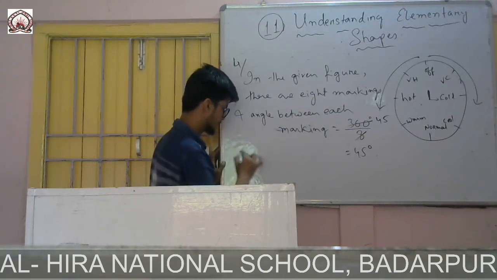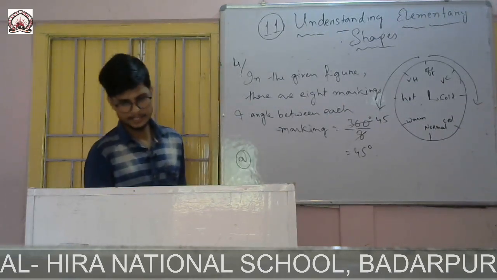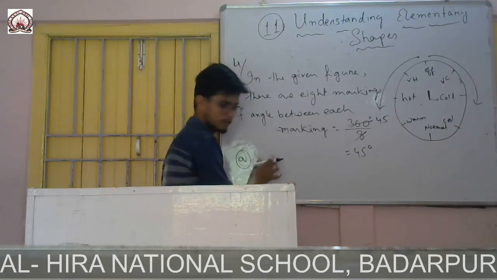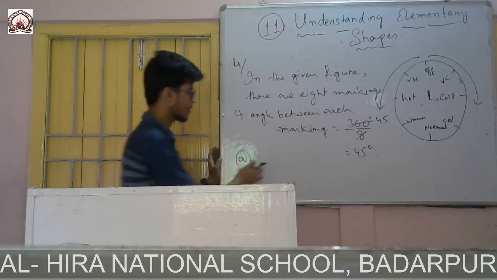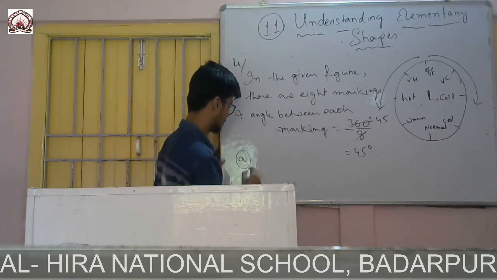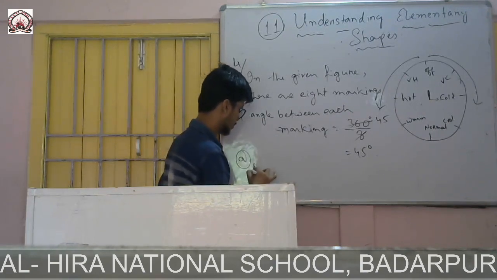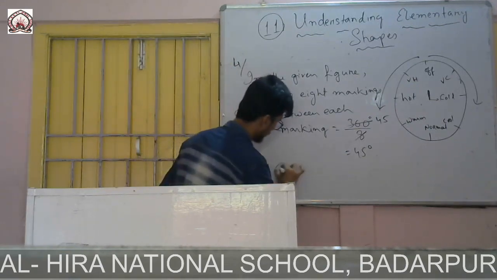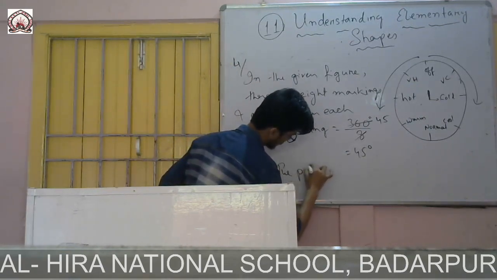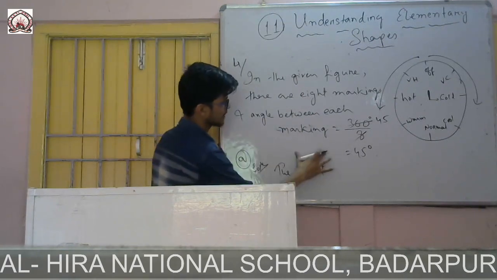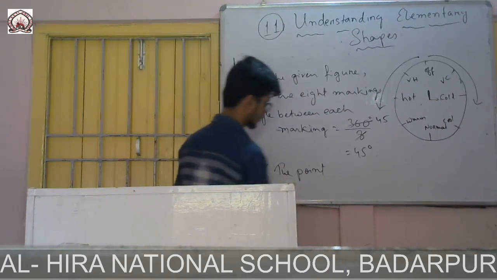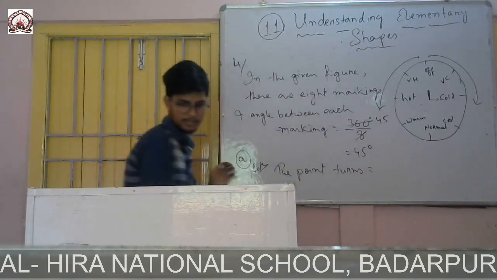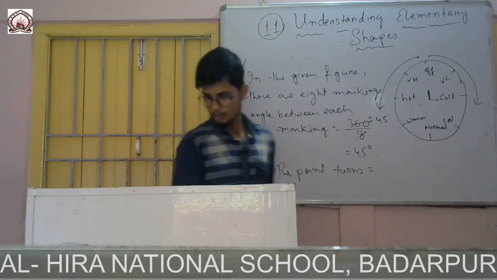So first one, it is given, the pointer turns from off to cold. So I am writing the answer only. First of all, you write the question, clockwise from off to cold, then you write the answer. Okay, so solution will be: before writing this one, you write the question here, then you write this one by giving solution. The pointer turns, so the question is from off to cold.